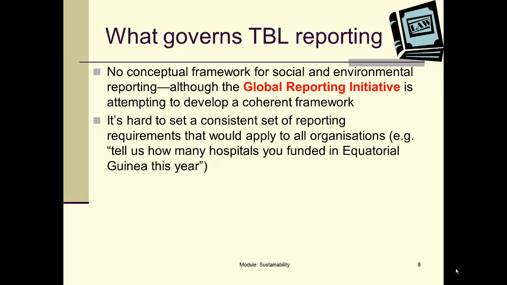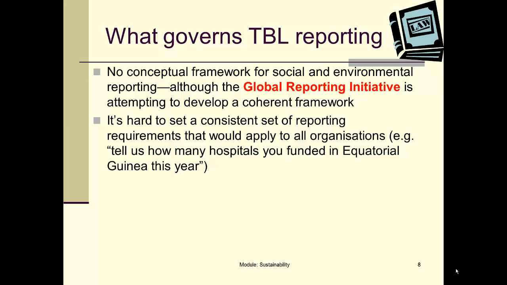However, remember what you know about people's incentives. Do we have incentives to do that? What do we usually see organisations doing? We usually see organisations reporting things that make them look good. And if they can avoid reporting something that makes them look bad, they probably will. So there's no framework that says, here is what you have to have in your triple bottom line. Now, the Global Reporting Initiative is attempting to develop a coherent framework for that, but until that has legal sanction, until there are legal rules that say you must report this, this, and this, organisations can choose to subscribe or not subscribe to the principles that the Global Reporting Initiative is enunciating.